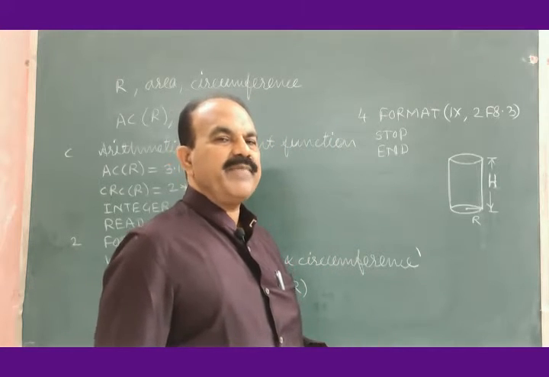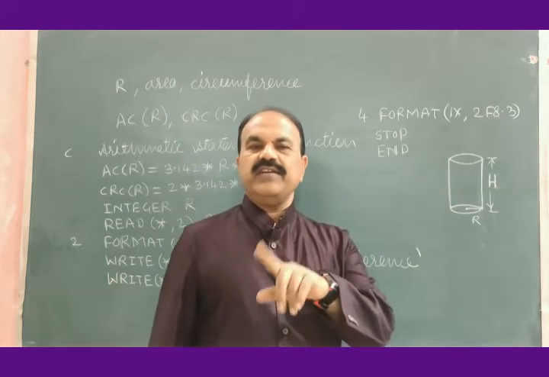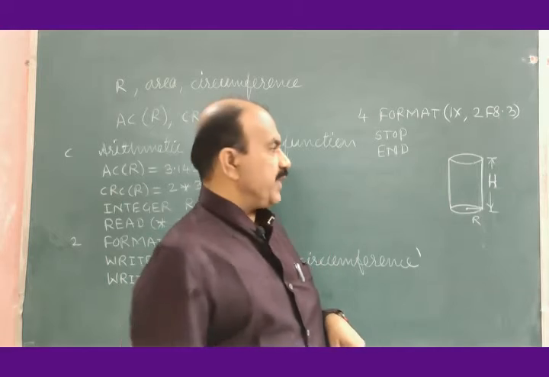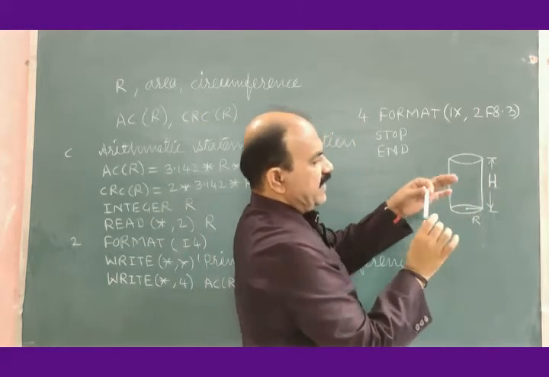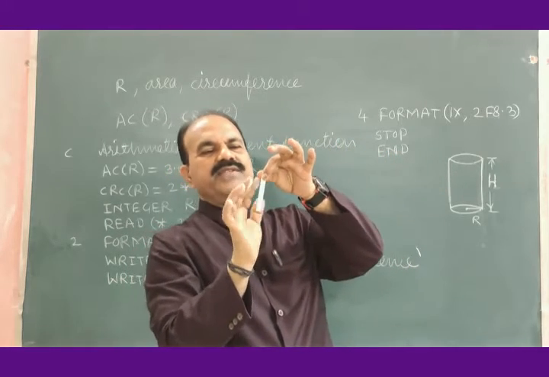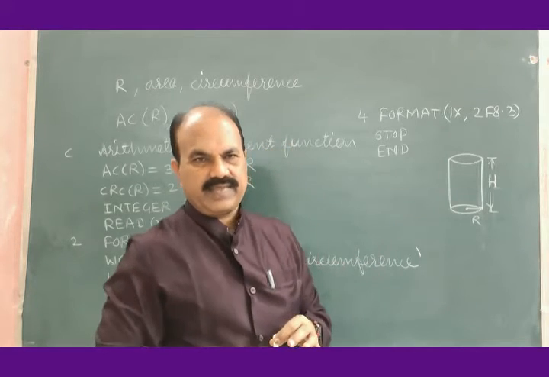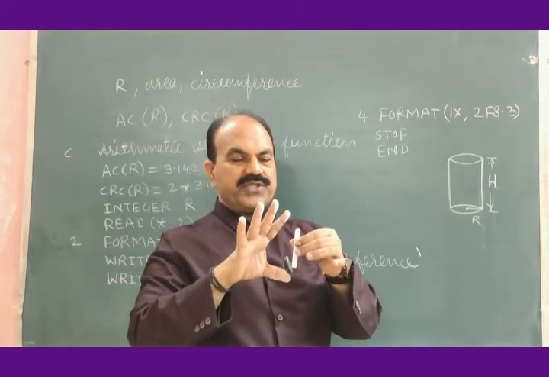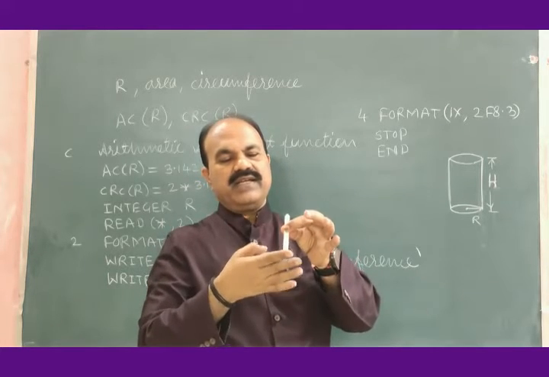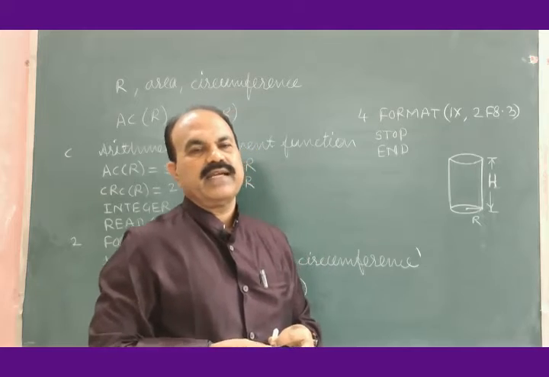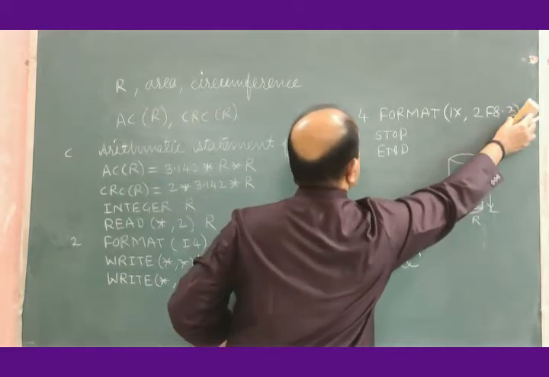Now, what various parameters can we find for a cylinder? We can find the volume of a cylinder, and the area of this curved part. After that, the area of the full outer portion, this curved part as well as this circle and this circle. And what are the formulae? Let us first write the formulae.